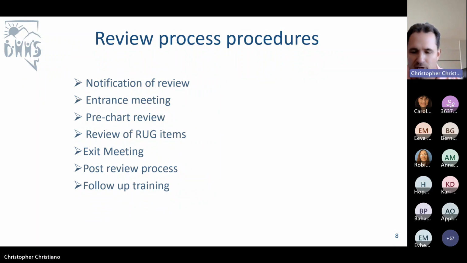Something that should be mentioned is that during these reviews, both historically and as we go to hopefully a remote review process, the records that we request, of course, need to be supplied in a timely fashion. We are limited on our time that we can be at the facilities typically. And when we request a record, if it's not available, sometimes that can be an issue.